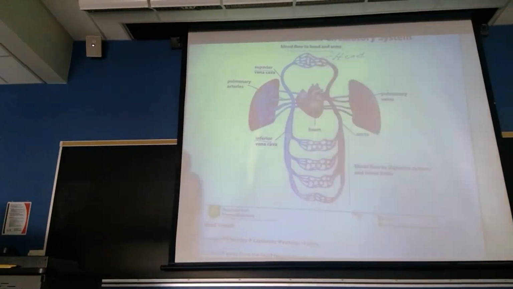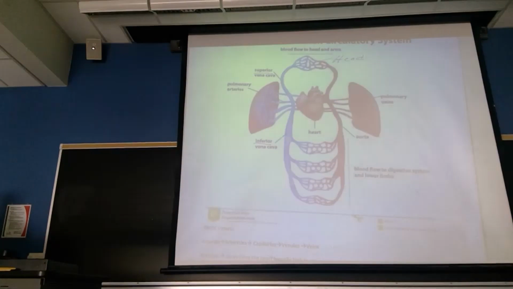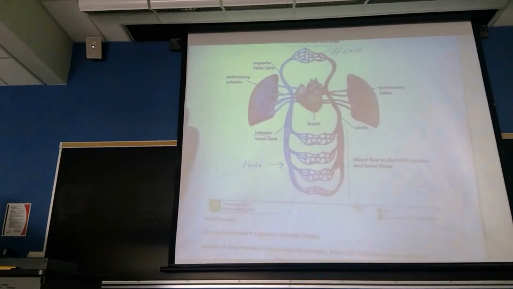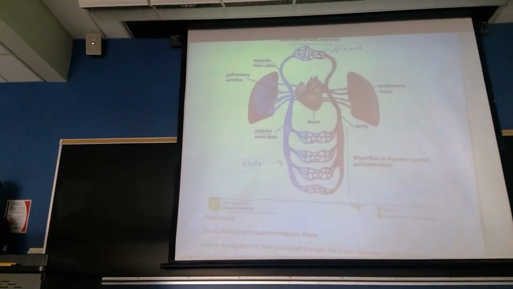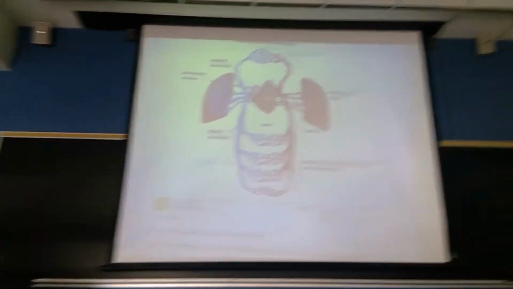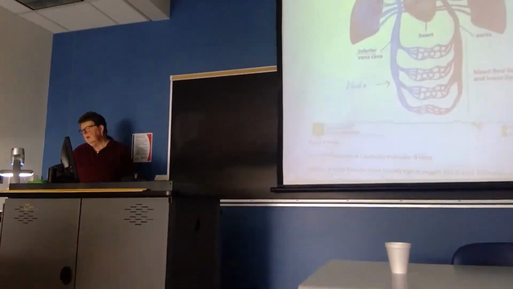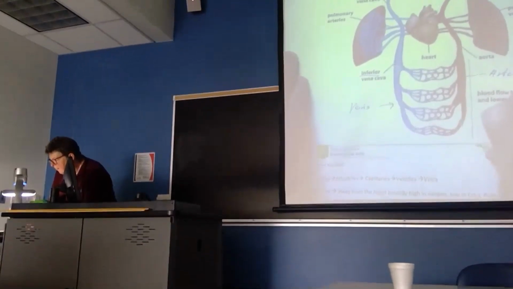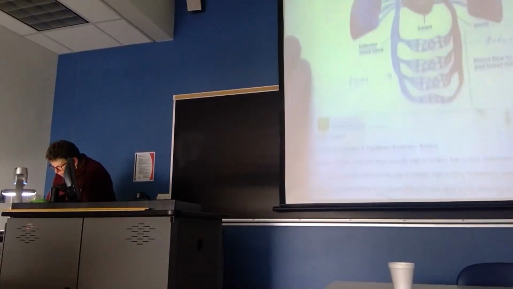So usually veins are indicated on models and in pictures with blue. Usually. Okay. And then arteries are usually indicated as red. However,